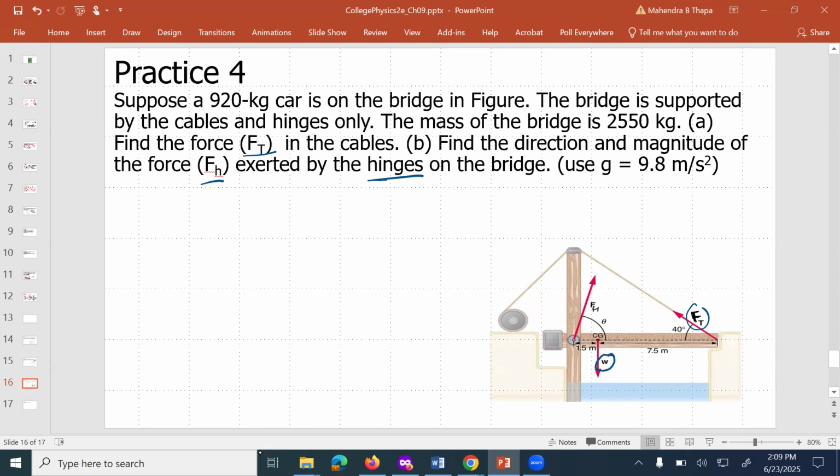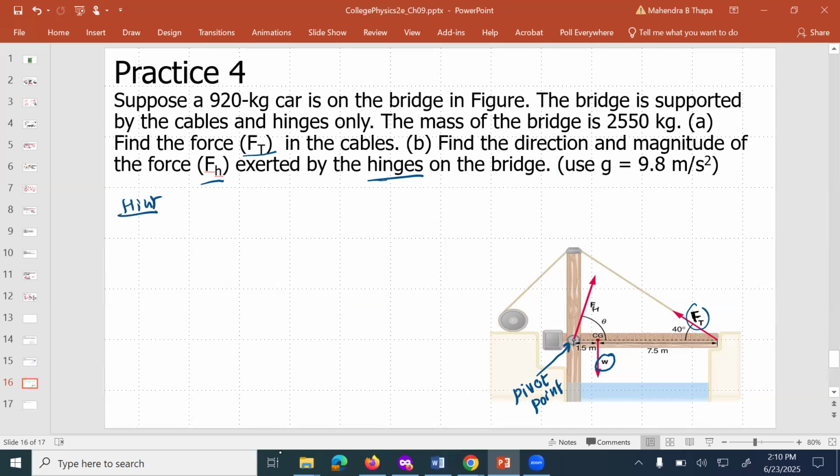Be careful that the center of gravity is not at the center. It is very close to the, say, if you choose this as a pivot point, right? So as a hint,